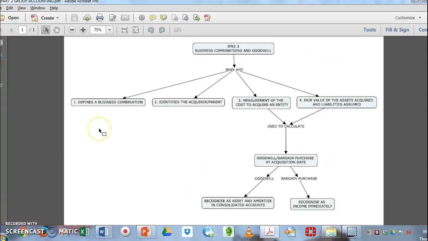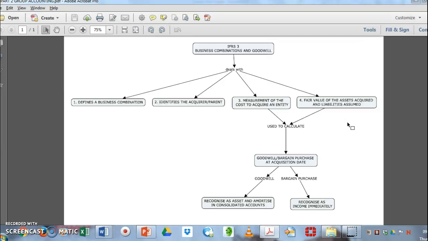Just to get a brief overview of what IFRS 3 Business Combinations deals with. Firstly, it defines what a business combination is. Secondly, it identifies the parent in the transaction. Thirdly, it measures the cost of the entity that we're acquiring. And fourthly, it tries to measure the fair value of all the assets and liabilities assumed as